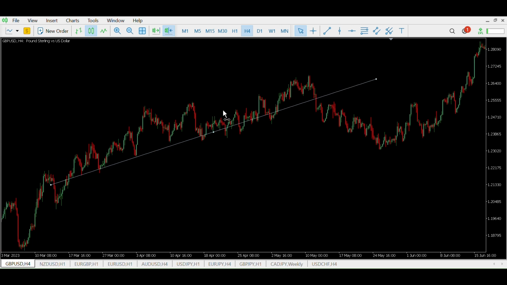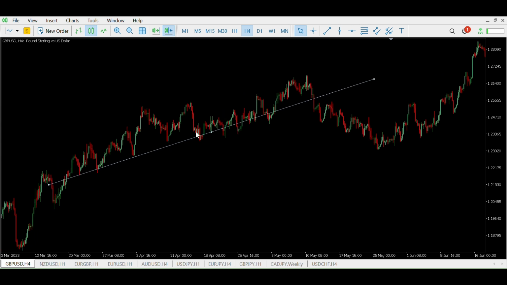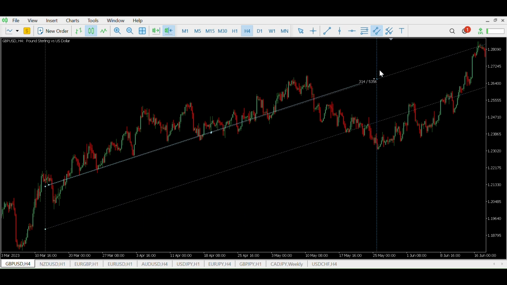The way I use it is for a type of action reaction trade, which I just call a mirror trade, because it kind of reminds me of a mirror. I just draw one of these channels to make it a lot easier. So what you do then, so you've got your inner trend line. Now when price breaks down through it, you want to measure, in this case if it's going up, you want